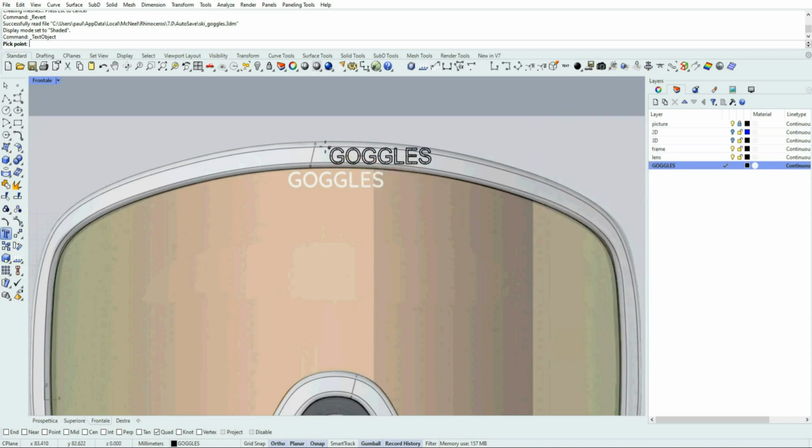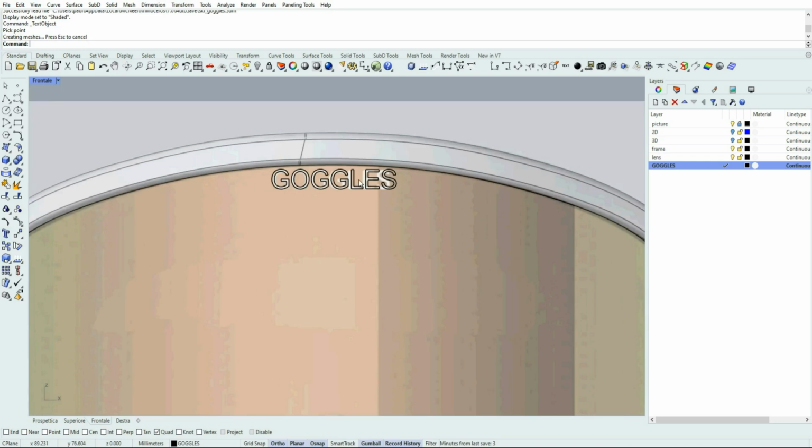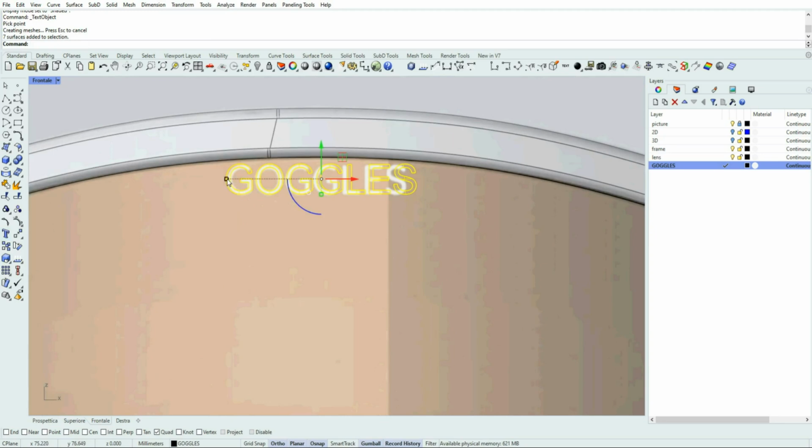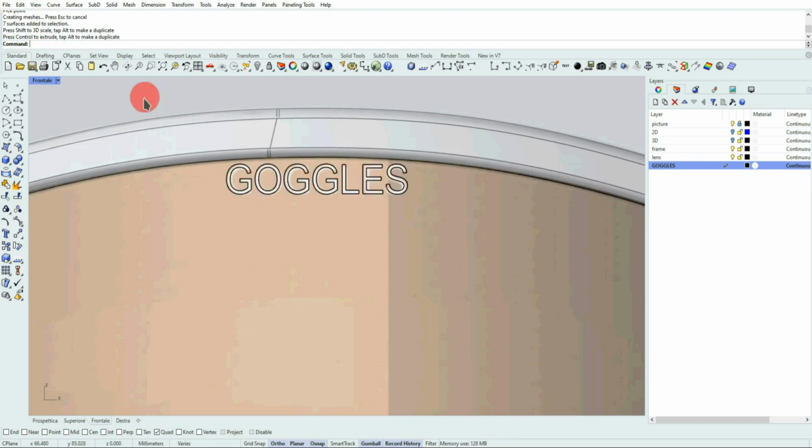We are pretty close to the real size, but for now just put our object here, and with Gumball, let's scale in X dimension, and now we are almost done.